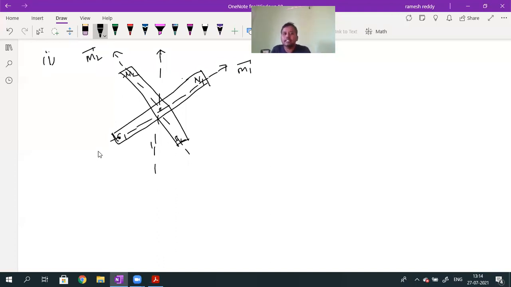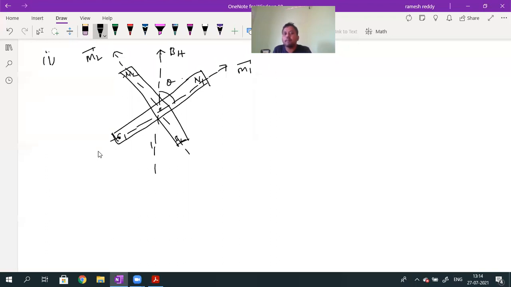The two bar magnets are suspended in the external Earth's magnetic field in the form of a cross. They are allowed to rotate in a horizontal plane. Here, the horizontal component of Earth's magnetic field is given by BH, such that the first bar magnet makes an angle theta with BH.